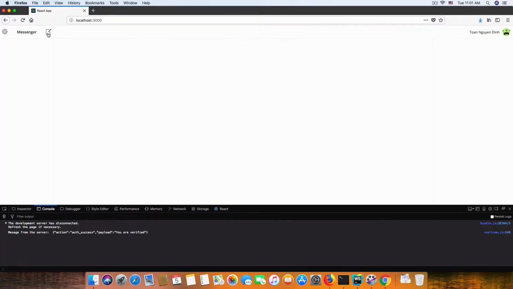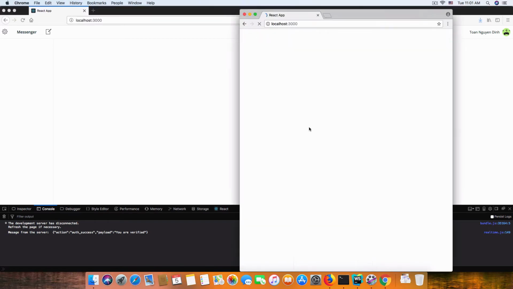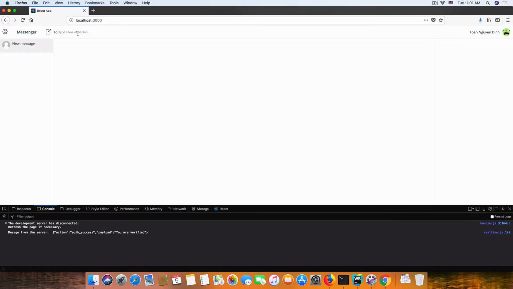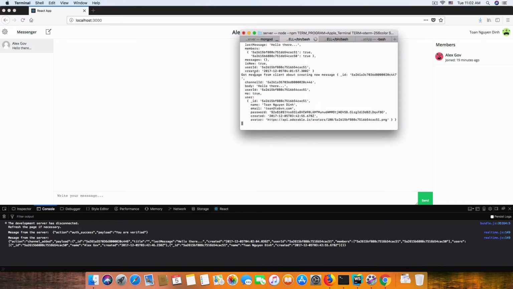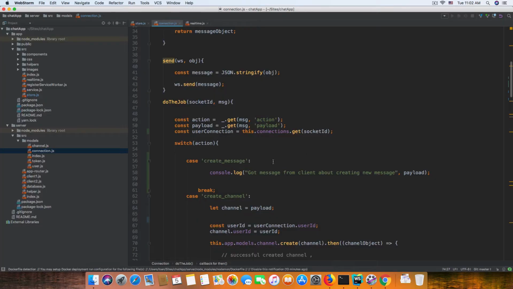Right, again I'm trying to refresh first and refresh Alec, and now trying to create a new channel to Alec, and here is send, and in the server you should see they got the message from client. We got the message from client about creating new methods with ID and channel ID and body and user ID. And user ID is exactly the author of this method, but I don't trust this ID, and we have to do this by